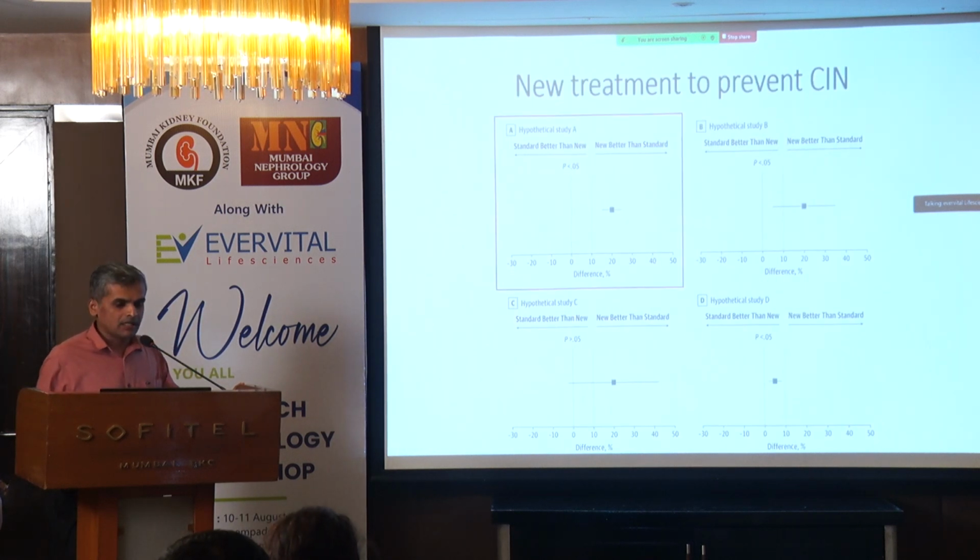Now let's look at trial 1. It has 800 participants. You can see the square, that is the point estimate, 20% reduction in the risk of contrast-induced nephropathy. The 0 is the point of no difference, p-value. The moment your bar, that is confidence interval, crosses that line, this p-value will be insignificant. This blue line is the clinically meaningful difference that you have believed, a 10% reduction would be considered as clinically meaningful reduction in the risk of CIN. And now